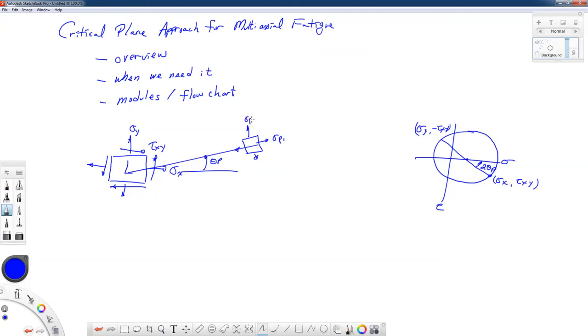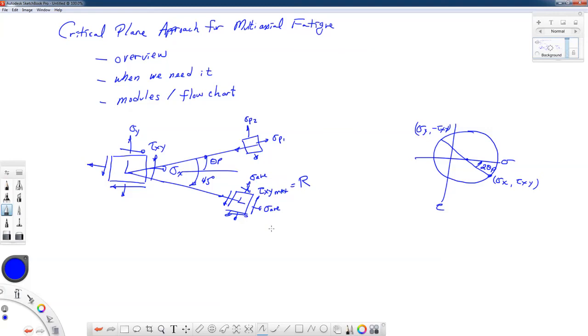Maybe that's sigma p1, and here's sigma p2, and 45 degrees from it would be our maximum shearing stress state in the material. And this would be for the planar, the in-plane shearing stress state. You have sigma average all the way around, and we have our maximum in-plane shearing stress, tau xy maximum. That would be equal to the radius of the circle, and this would be sigma average for the normal stresses here and here. Again, this is the case for the static